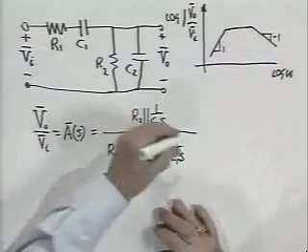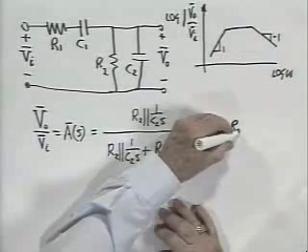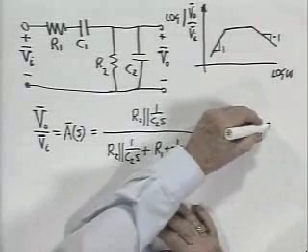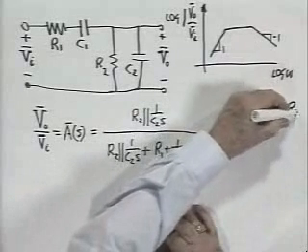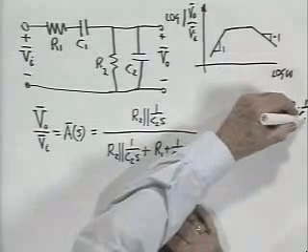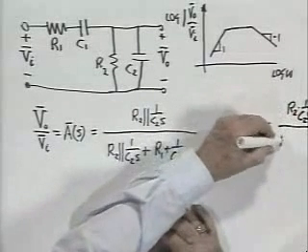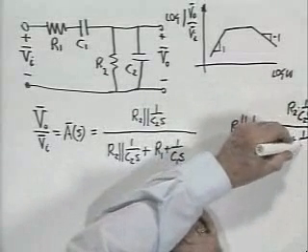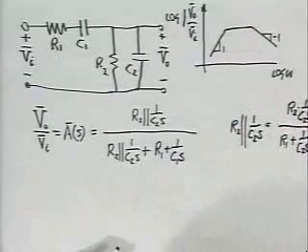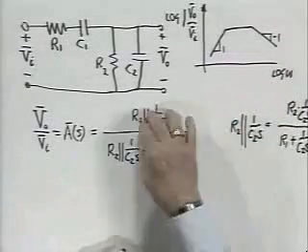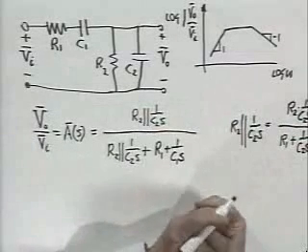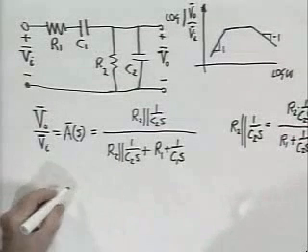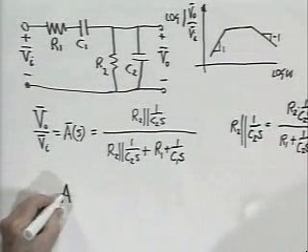And what I mean by in parallel with, just to be perfectly clear about it, R2 in parallel with 1 over C2S is R2 times 1 over C2S, just as with a resistive voltage divider, divided by R2 plus 1 over C2S. So if I substitute this relationship back here and here, you get a bit of an algebraic mess, but with a little patience, I'm not going to go through the details, you end up with an expression for A of S,